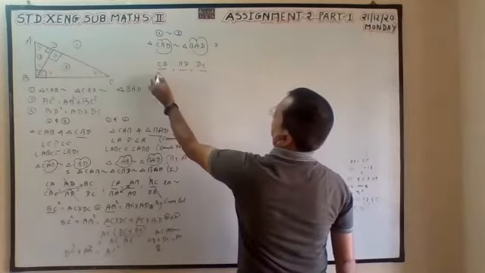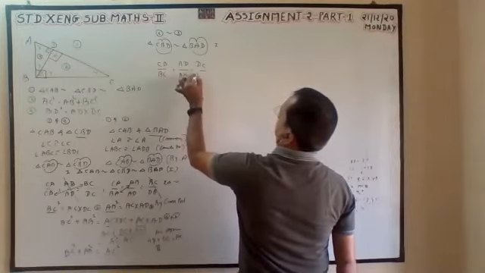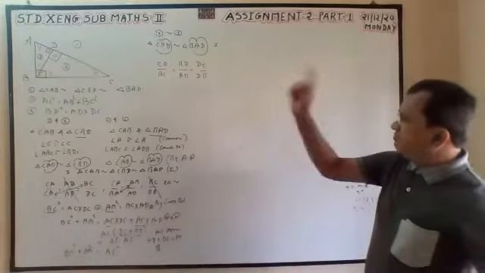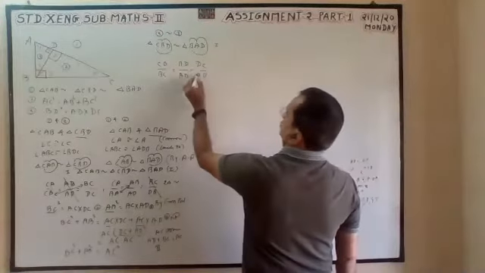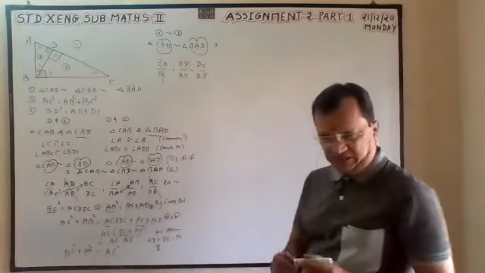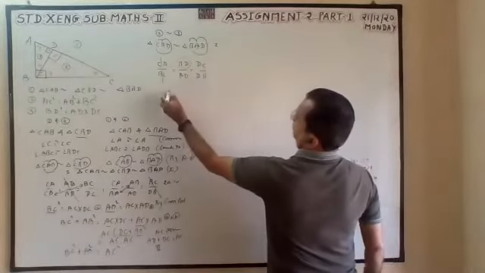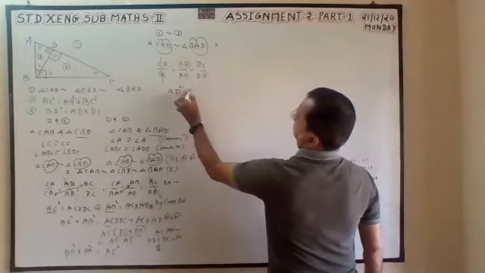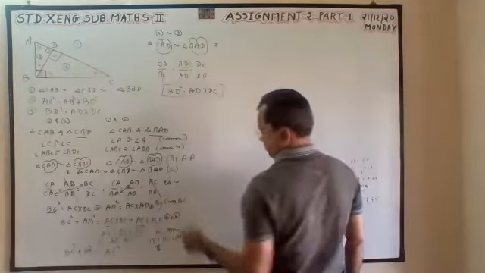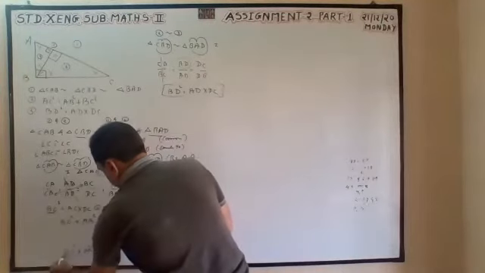If triangles are similar, you can write the ratio like this. Okay, now we want BD square. So BD and BD. I will not take this. So BD square is equal to AD into DC. So